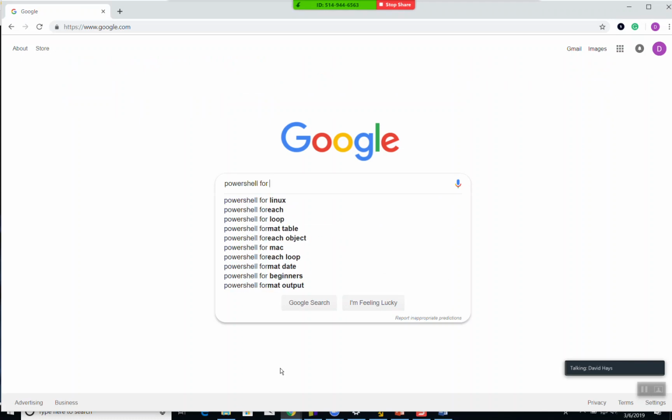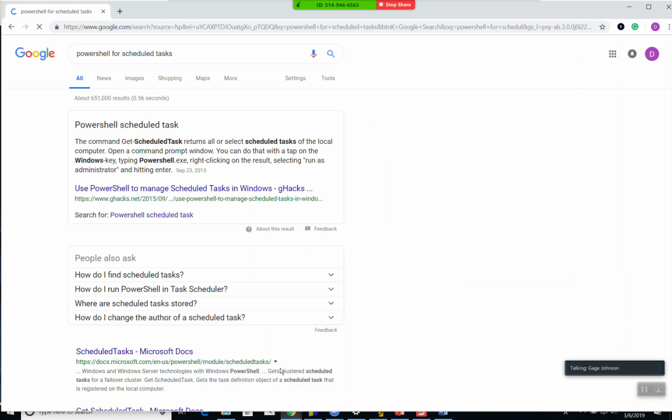PowerShell for scheduling, for scheduled tasks. You can do shell scripts in standard Windows command prompt, can't you? You can, but they're not as powerful. Yeah, you definitely can. Yeah, manage scheduled tasks. You can do that in PowerShell. Yeah, in Windows,